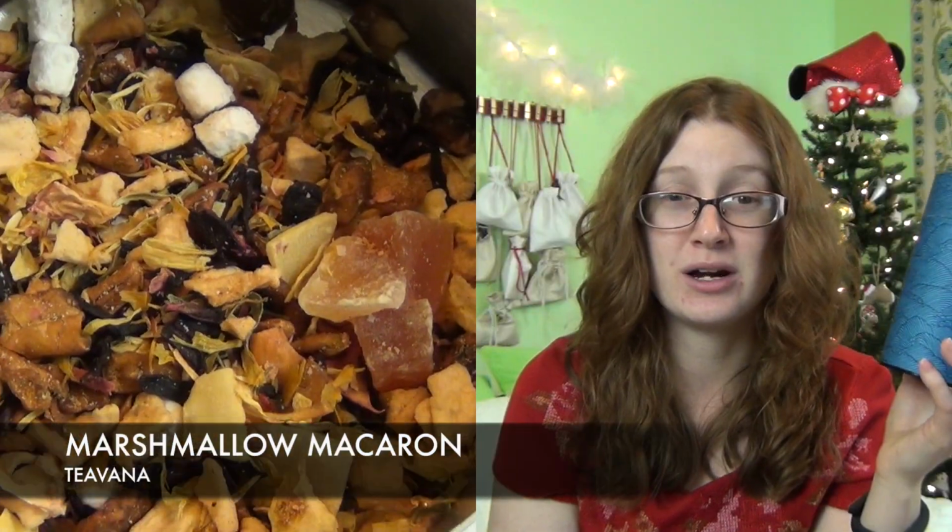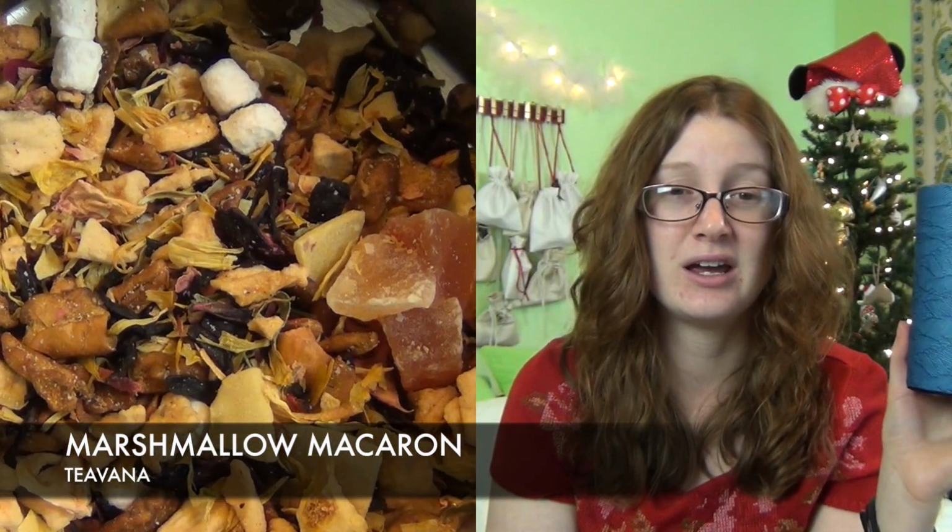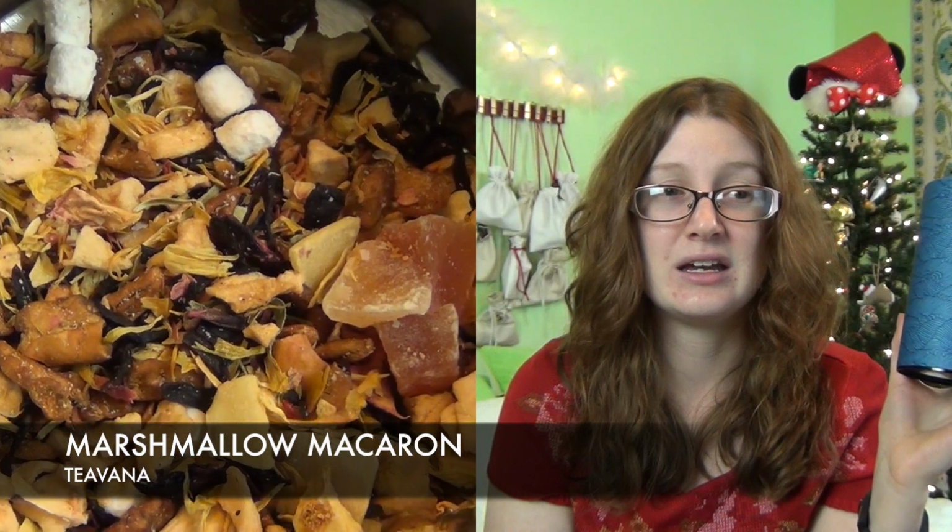Oh, I do have one other Teavana tea, and that is in this beautiful little canister, and I'm not going to open it because it stinks to the high heavens. It is delicious and really pretty to look at, but it smells atrocious. If I had not gone in the store looking for it and I just smelled it, I would have been like, oh heck no, not even. And it is the Marshmallow Macaron tea from Teavana,